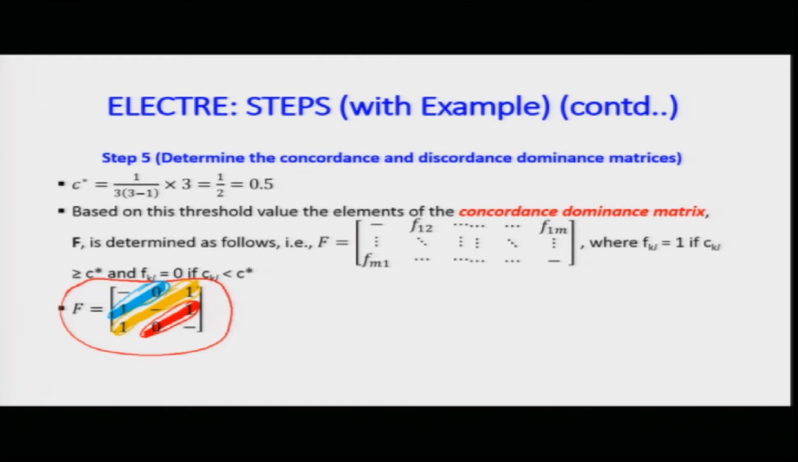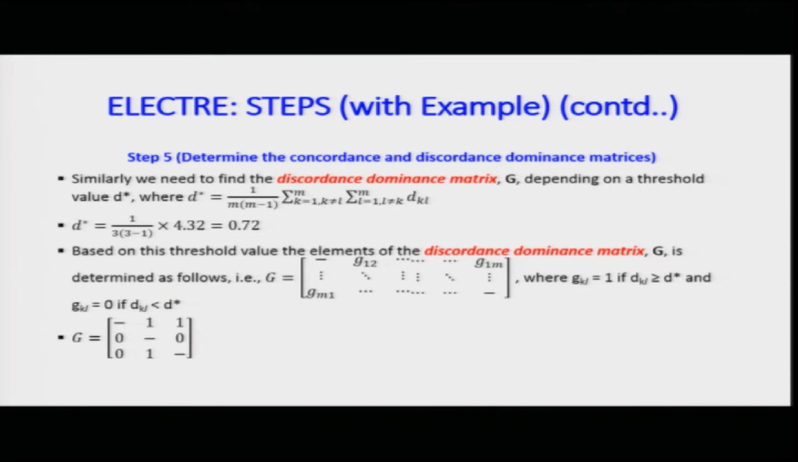Now, similarly, we should have the discordant values also. We find the discordance threshold value D star with the same formula: the summation of all the D_kl values, summing up over all the criteria, and again the division value is m into m minus 1, exactly as I mentioned a few minutes back. The D star value comes out to be 0.75. Now, I basically have the discordance dominance matrix. The concordance dominance matrix was F; the discordance dominance matrix I again formulate based on the threshold. Now, you see the values,